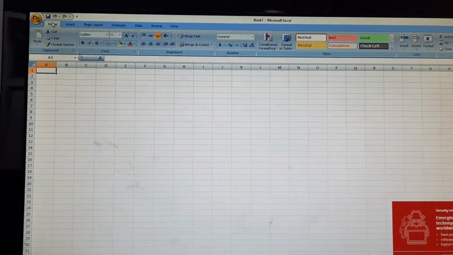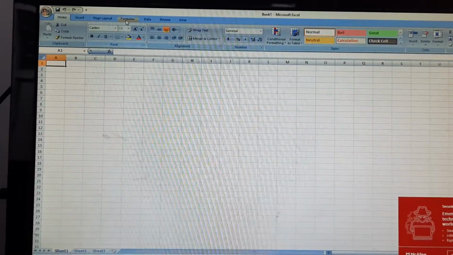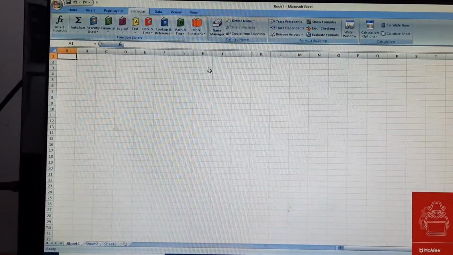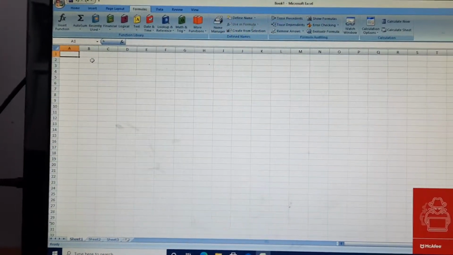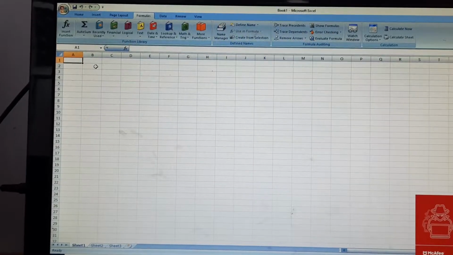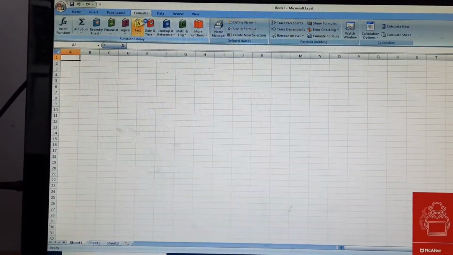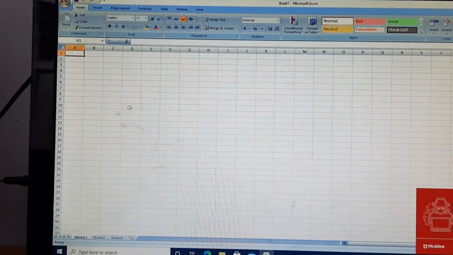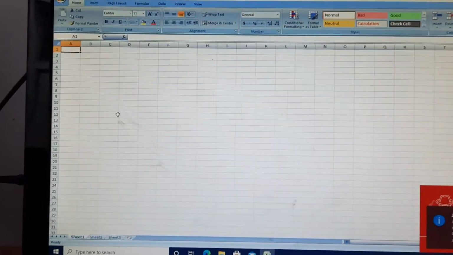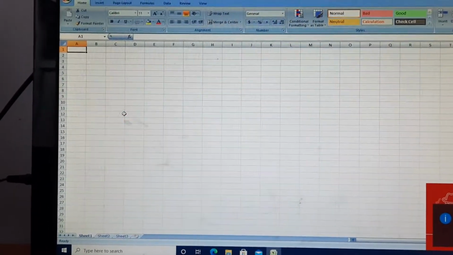Here one tab is Formulas. This Formulas tab contains so many formulas. Whatever functions we need when we are calculating anything, from here we can insert the formulas, or directly we can add anything.